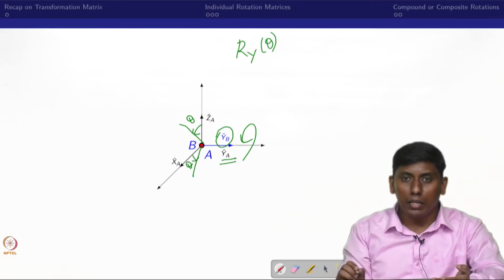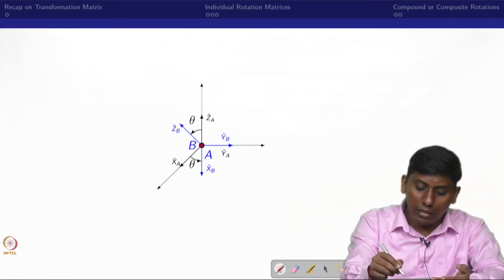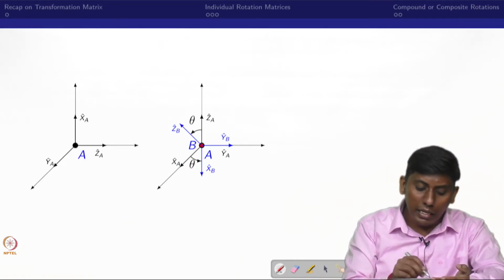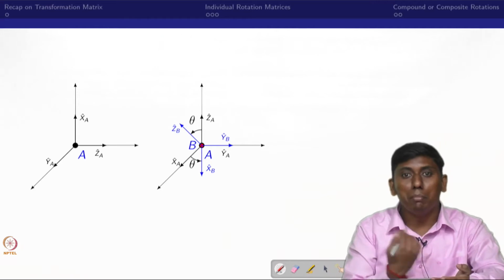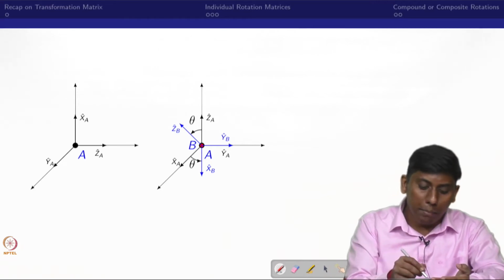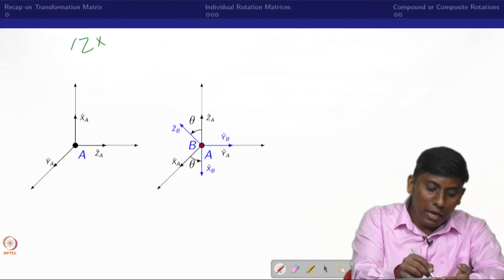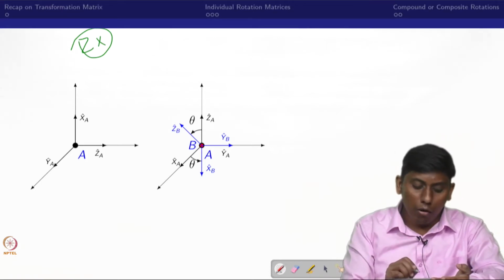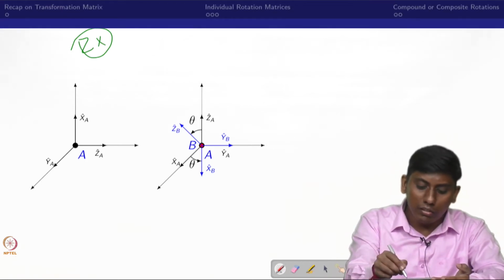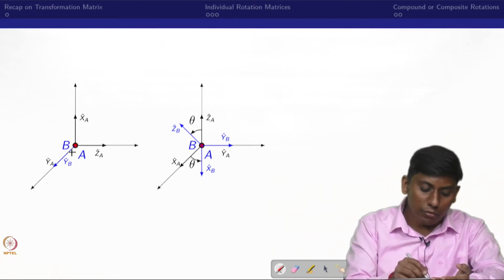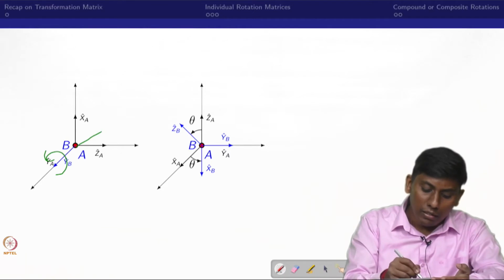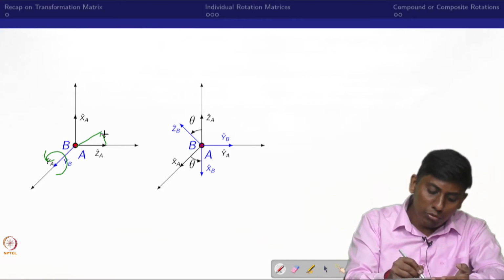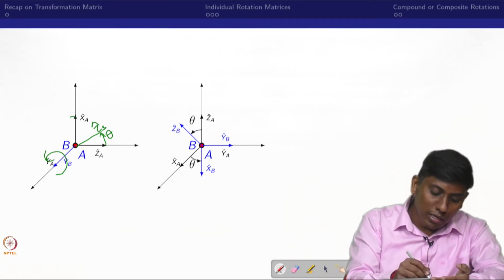For better clarity, we are taking YA as coming out of the screen, so the ZX plane can be seen on the board. This coincides with the YB cap, in the sense that YB cap coincides. Now you are rotating with respect to this. So ZA moved to ZB cap. This is what we call the theta angle. Similarly, this is also rotated by a theta angle, right?